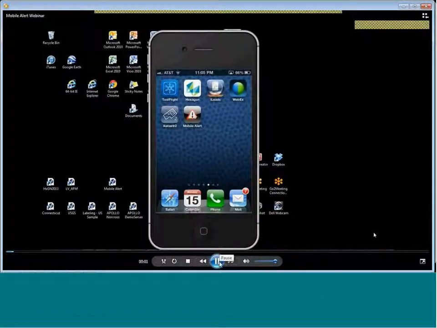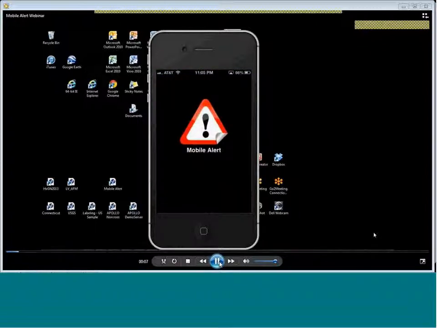And again, what I've done is actually use a third-party tool. I've taken my iPhone and projected it onto my Windows system here to record the video demonstration. You see Mobile Alert there in the middle of my iPhone, again against my backdrop of my system. I'm simply going to start up the app,